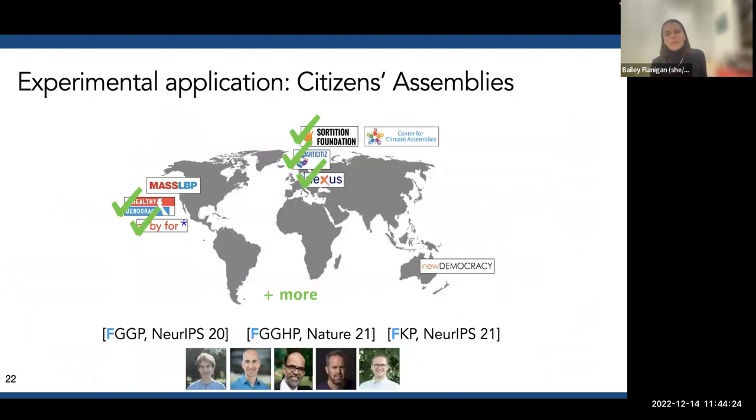And I think that this is a really exciting application that's already being deployed around the world in which to study these dynamics of deliberation. I've already worked in this area some amount, and I've been chatting with some practitioners about this kind of thing, related to studying altruism and deliberation. But these are some of my wonderful collaborators who also work on citizens assemblies. I think that this is, in general, based on what we've talked about today about the value of deliberation, a really exciting way of making democratic decisions. And I'm happy to talk about this with anyone if they want to talk about it.